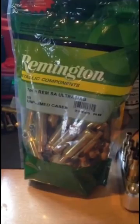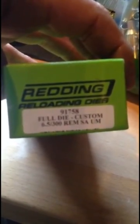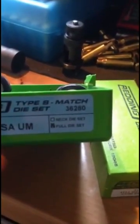Okay, I'm going to attempt to do a quick video on turning 300 or 7mm SAUM brass into 6.5 SAUM. Okay, we're going to start with Remington 7mm SAUM brass. And we're going to use a Redding 6.5 by 300 REM SAUM die. It's number 91758. Or you can use a set of Redding Type S dies that are 7 SAUM